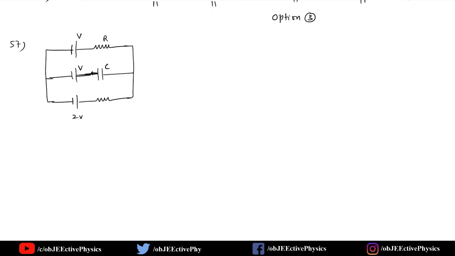And what is the question? Read once again. In the circuit shown in the figure with steady current, the potential drop across the capacitor must be. Potential drop across the capacitor. So, here under steady state,